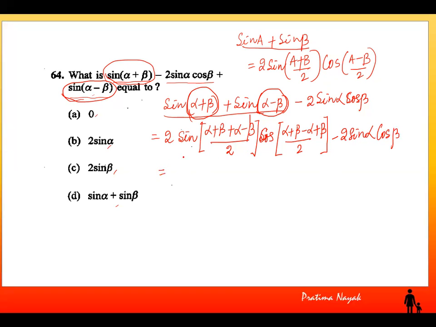Now let us see what we are getting. By simplification, this 2 is cancelled. Here alpha will be cancelled. So we are getting a simple expression. What is it? Sine of (alpha plus alpha) by 2, so it will be just alpha, 2 alpha by 2. Similarly, for the second, you will get twice beta by 2, which is beta. Are you getting the same term? Yes. Are you getting 0? Yes, because they are the same term and subtracted. So A is the answer.